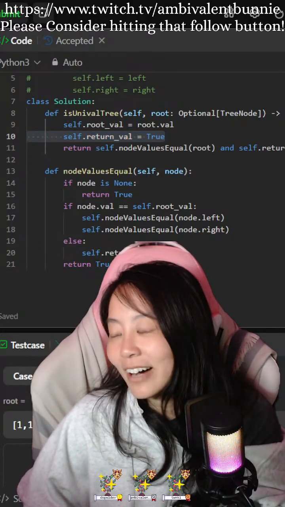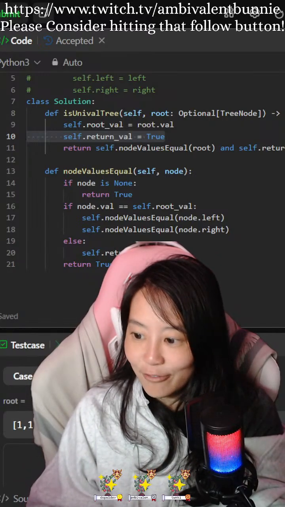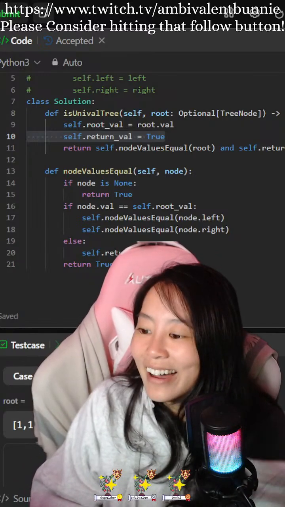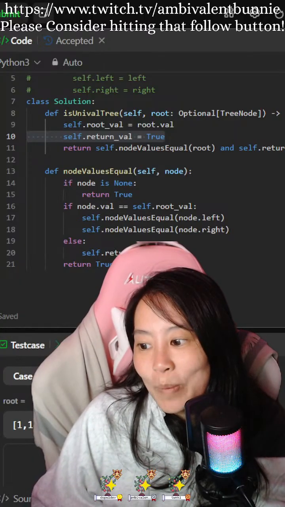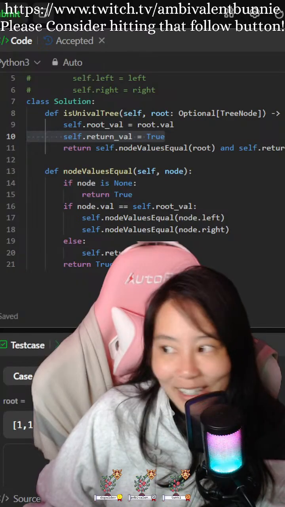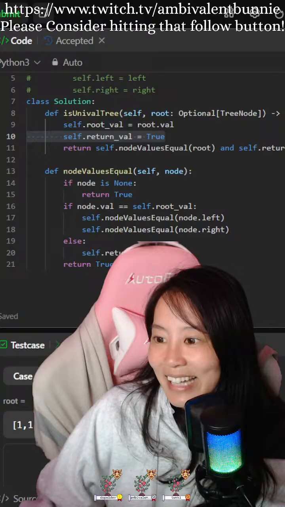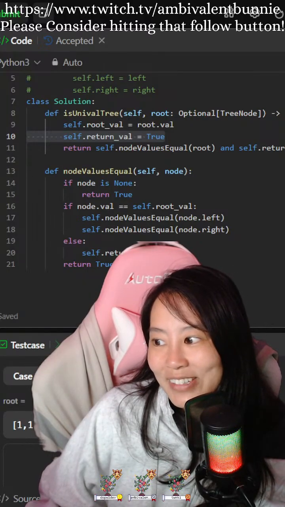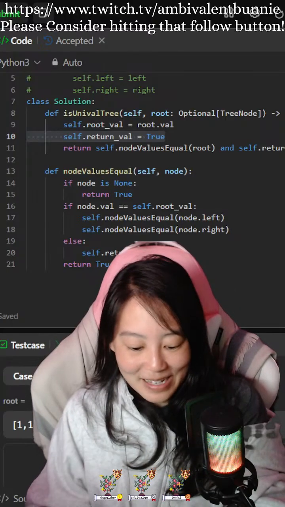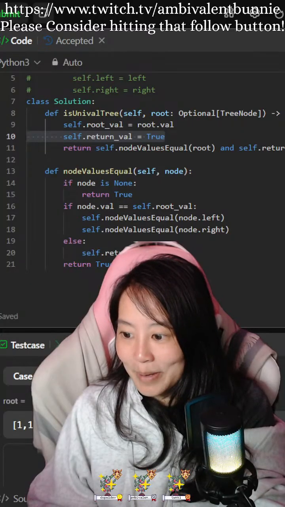I'm sorry, Michael. I don't have the confidence that I can figure that out. I think I need to go back and look at all the subarray stuff that I had done previously, because I remember I was doing a whole bunch of subarrays before linked lists, and now I don't remember it.